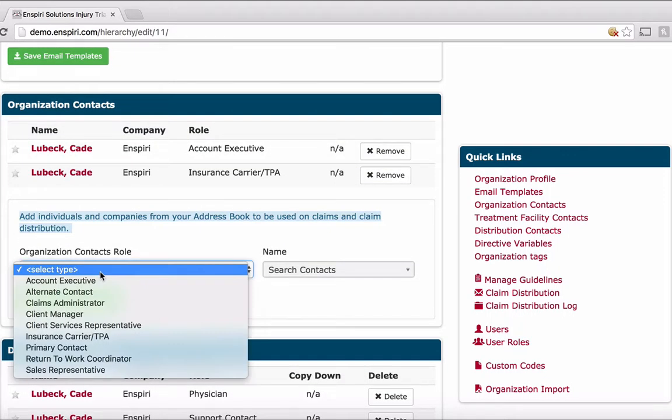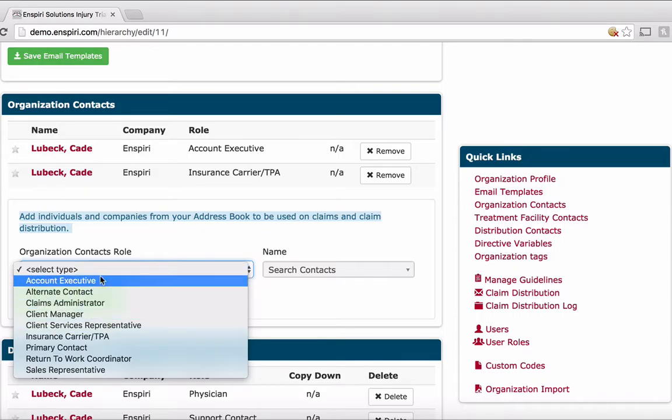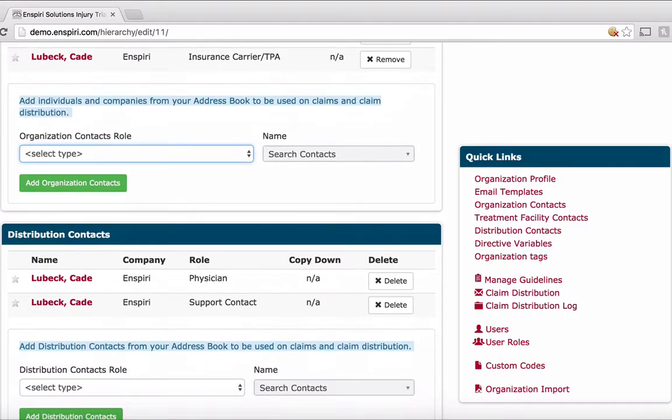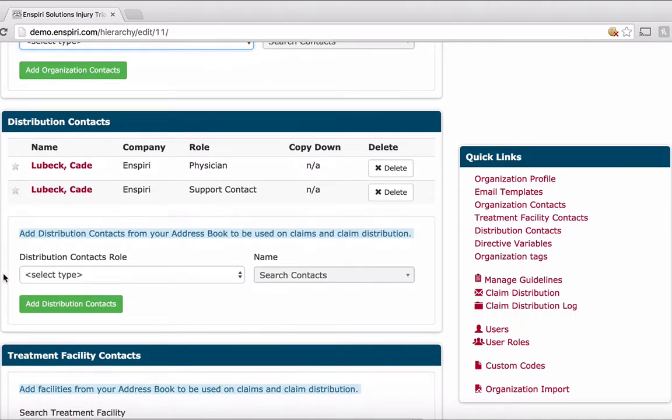You're also able to add different contacts to the location, and you can add their titles. Their titles are very important throughout the entire process. An account executive may be linked to the distribution with account executives receiving a specific form, and that's why it's important to make sure that you link the correct title with each person. Again, distribution contacts, similar,